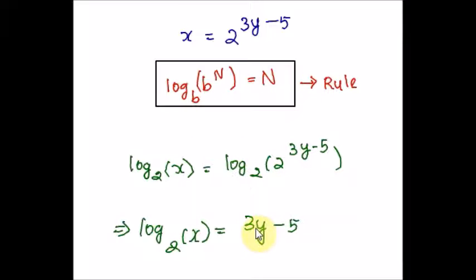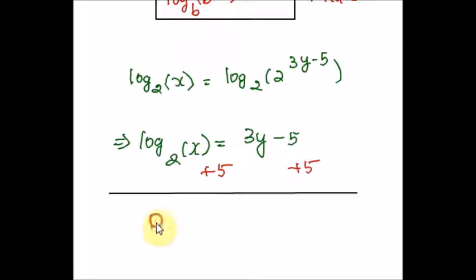We are almost done. Solve for y by adding 5 to both sides and then dividing the equation by the coefficient of y, which is nothing but 3. Adding 5 on both sides of the equation, I get this gets cancelled out. Dividing the equation throughout by 3, I get,